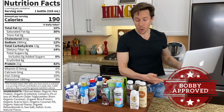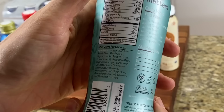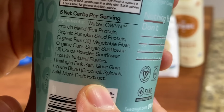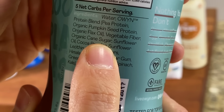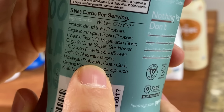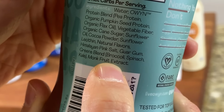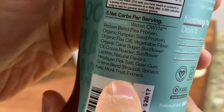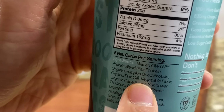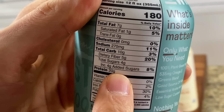If we look at a couple other plant-based ones, this is a very popular one. Only What You Need, OWYN. Look at the ingredients here. They use a combination of pea and pumpkin seed and flax oil. I do like that combination there, but we keep looking down, there's organic cane sugar there. And it's really weird because they're using a fantastic salt and they're using monk fruit. Why they're using cane sugar to the tune of 4 grams per bottle, which is a teaspoon of sugar, I